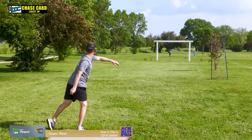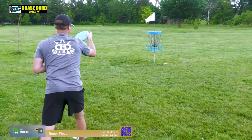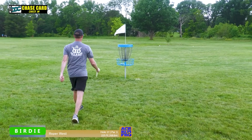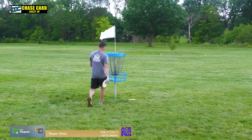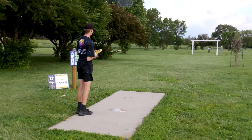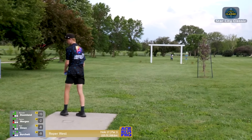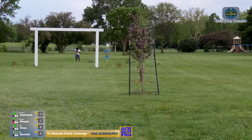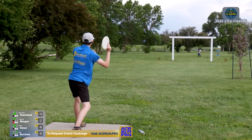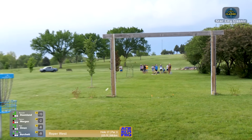So we check in with Harpool. Sneaking through on the left side. And the clean putting stroke of Logan Harpool, connecting on a birdie on 17. And that might be worst case, because I don't know if he passed the line. That is going to be close. Interesting. That's such good...